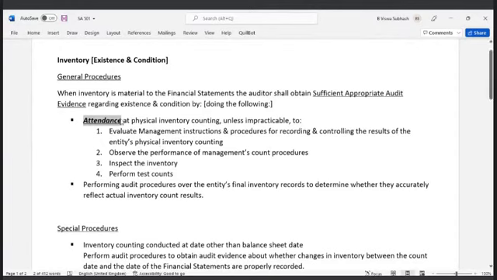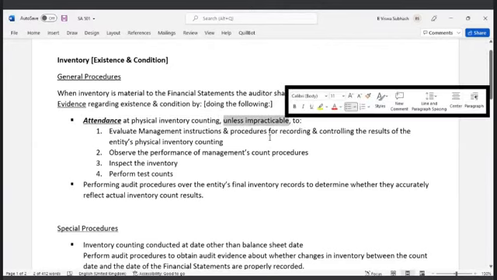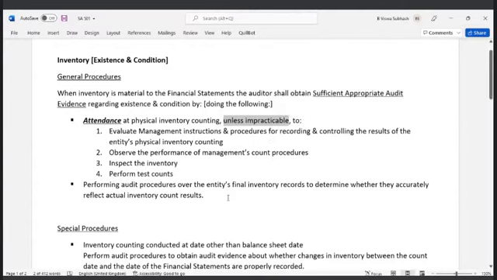So this standard is making it very clear. It is only the attendance that is requested of you. So they are saying attendance at physical inventory counting. Since this is inventory, during the physical verification, go be there. Be there at the place where the counting is happening. Unless impracticable. I still remember my